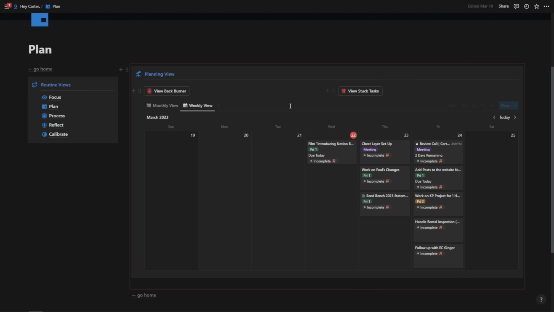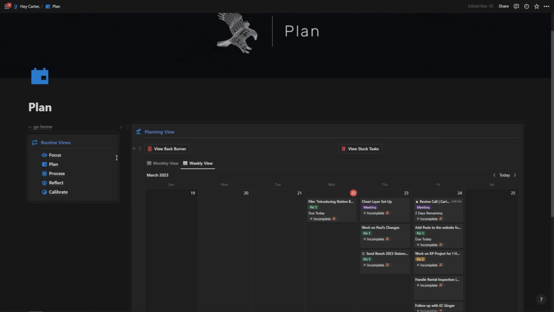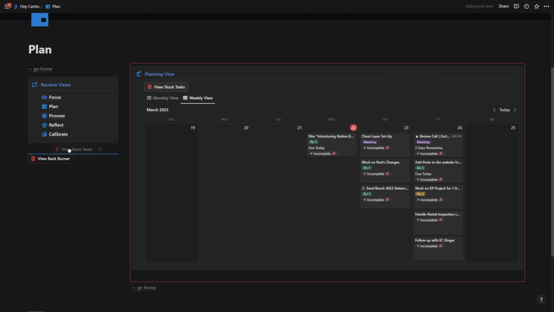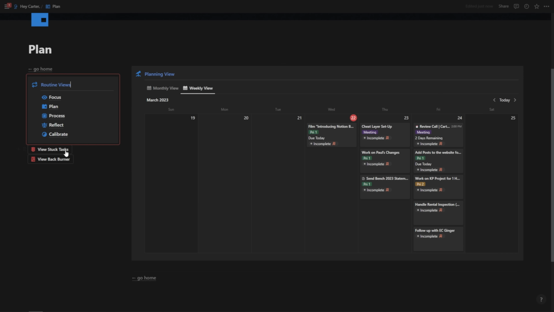I can close those tasks there. And this is just a much more streamlined way to view my back burner or view my stuck tasks and drag them directly into my plan. So I can drag these wherever I want. They might serve me better over on the side panel here, but wherever you end up putting them,